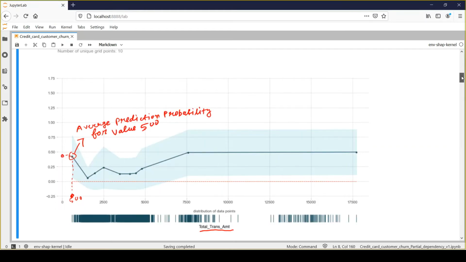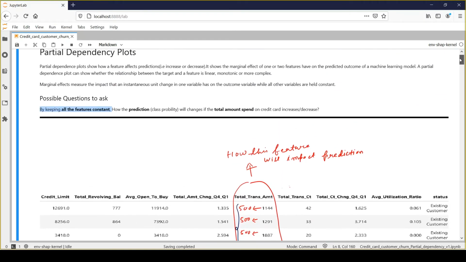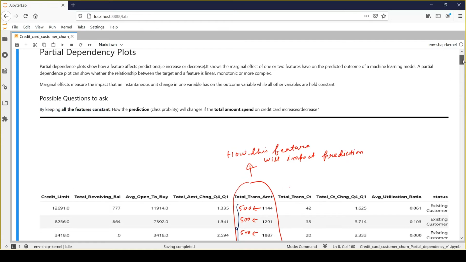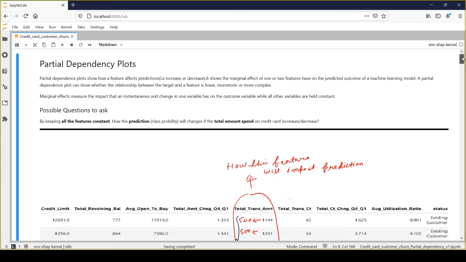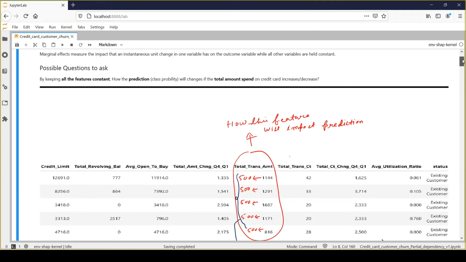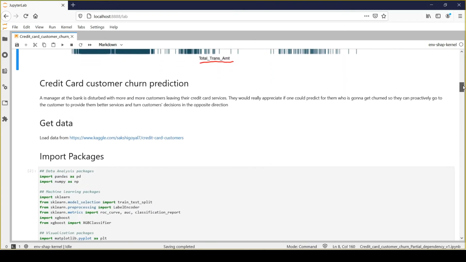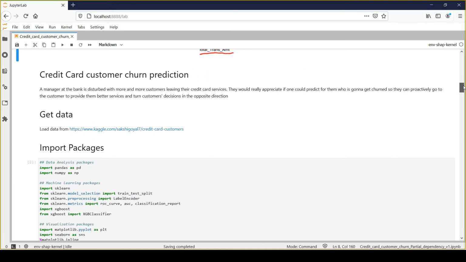So that's the basic concept behind the partial dependency plot, and we'll see how we can plot these sorts of diagrams, and we'll have much more information which partial dependency plot will provide. We'll also see how we can find out the interaction impact, right? We'll cover all those aspects in this notebook. So let's start. With that context, we'll simply build one machine learning model for my credit card customer churn data. Okay.